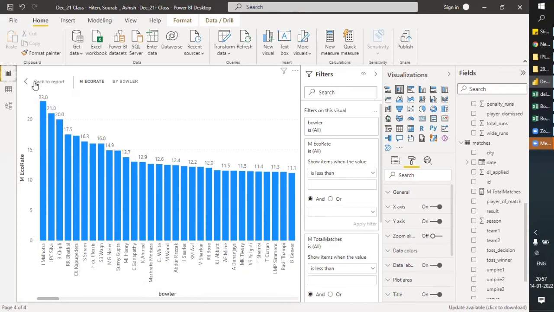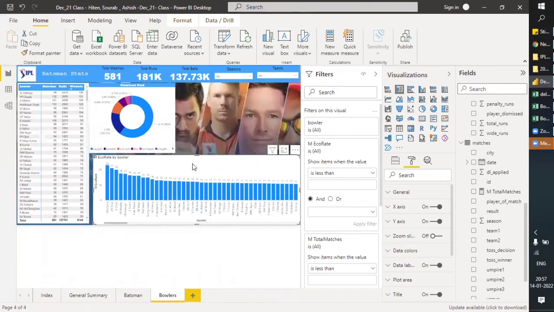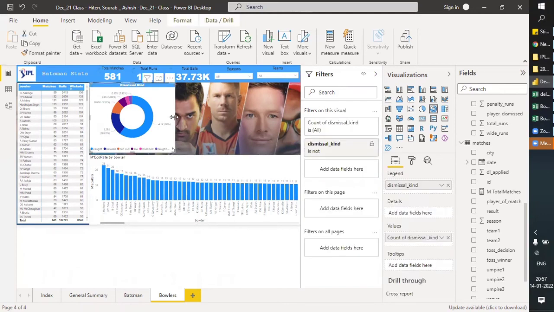Not to worry. So this is our calculation on the economy rate. Now coming to another small visual, we will now be looking into how to find